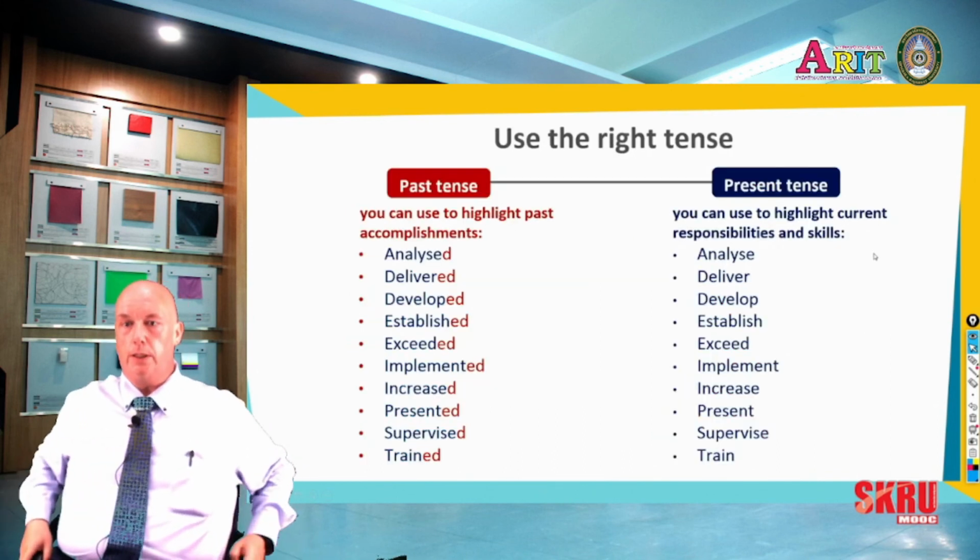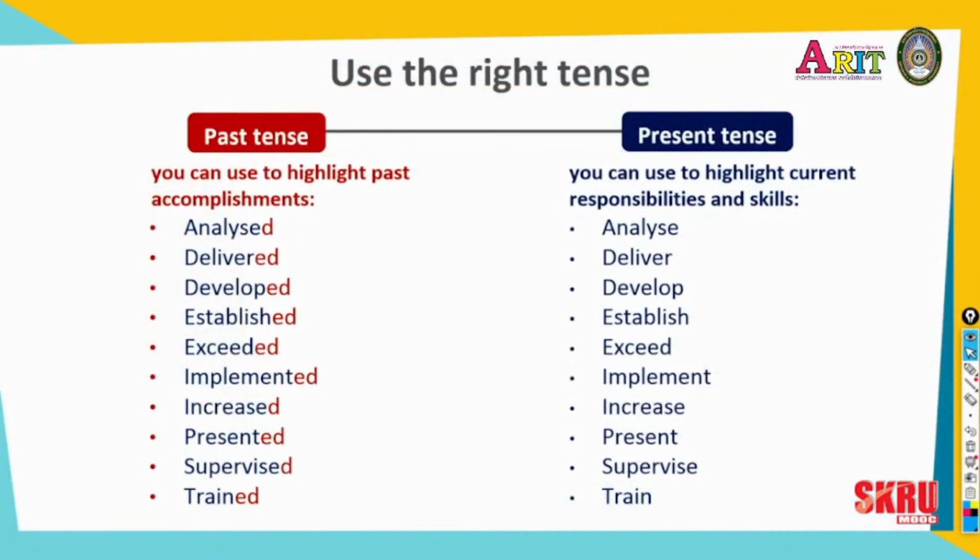It's also important, as we talk about our previous experience, to try and use the right tense. Simple mistakes in your language show a lack of attention to detail. Poor spelling or misusing words will have you discounted from a job. So if you're talking about a previous job, we use the past tense. I analysed statistics for sales over the past 3 months. If it's your current job, we use the present tense. I analyse the data on a daily basis. So use the right tense to talk about each of the jobs.